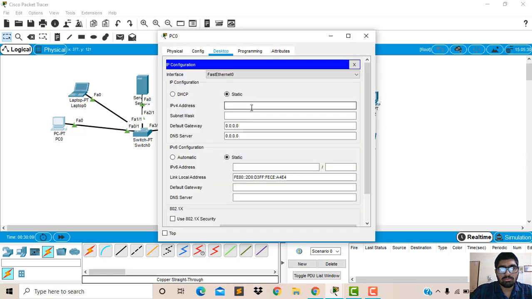For the PC also I am assigning an IP address to communicate, 192.168.10.3. The subnet mask comes automatically. The default gateway should be the same to communicate.